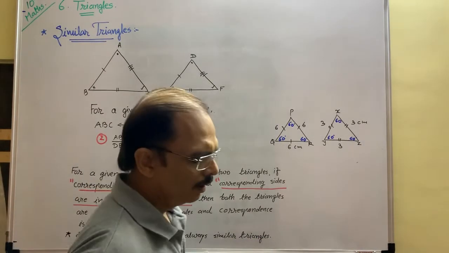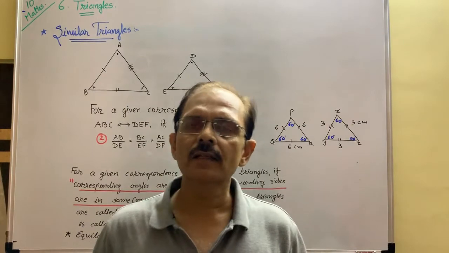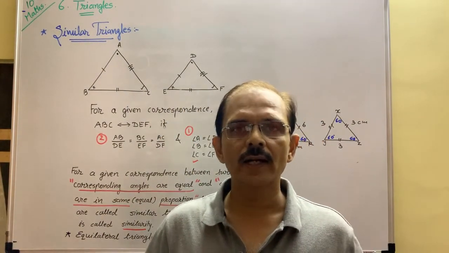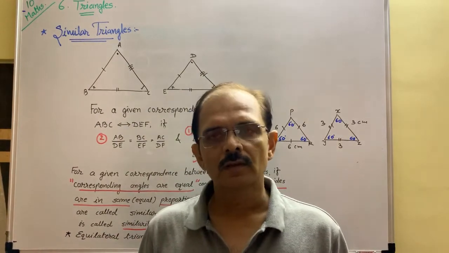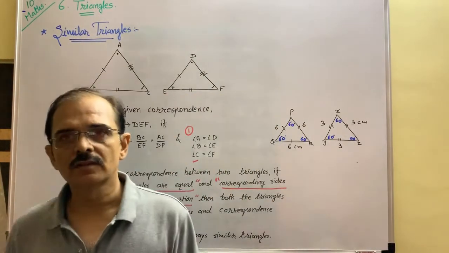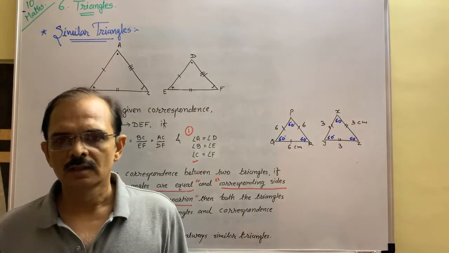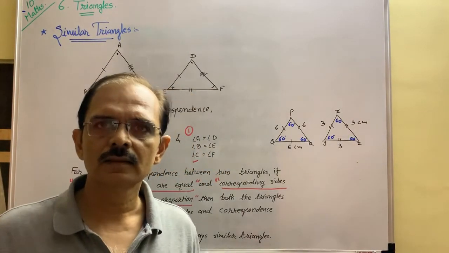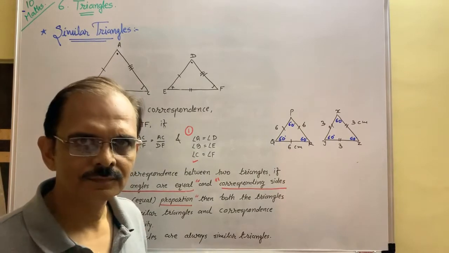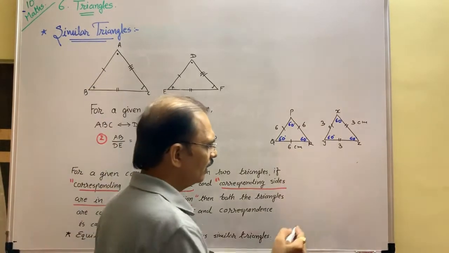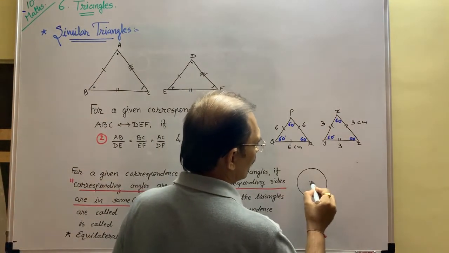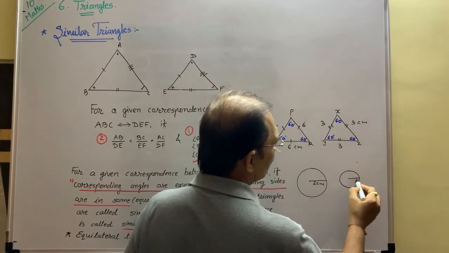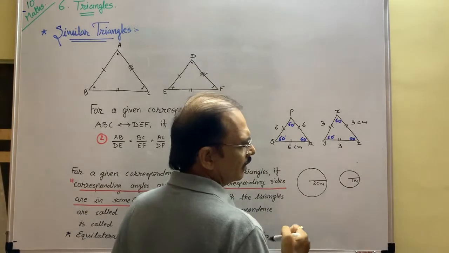Is it okay? All circles are similar? Yes or no? All circles, varieties of circle. Okay, I don't say anything about the radius, that you have to judge. Means all circles are similar? Yes, you can say. Suppose one circle has a radius of 2 centimeter, another circle has a radius of 1 centimeter, then their size is